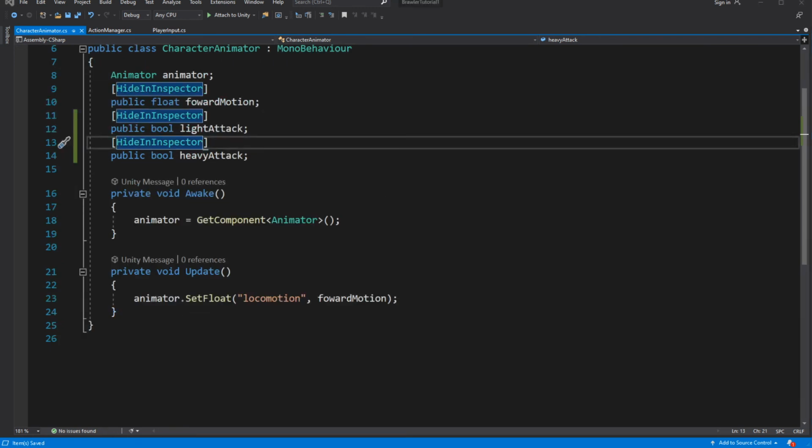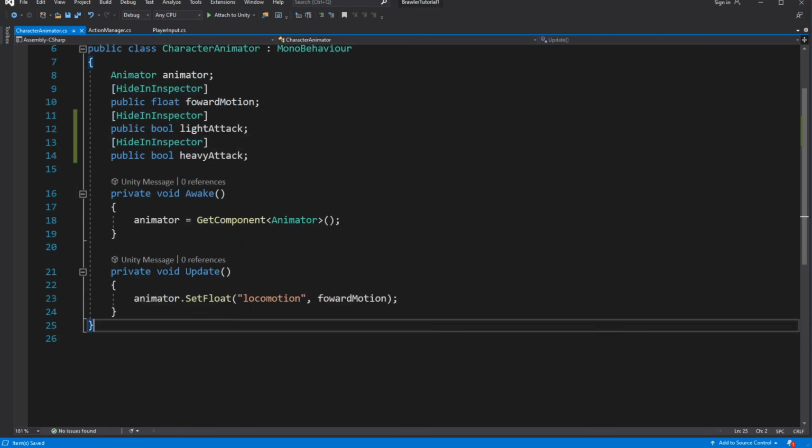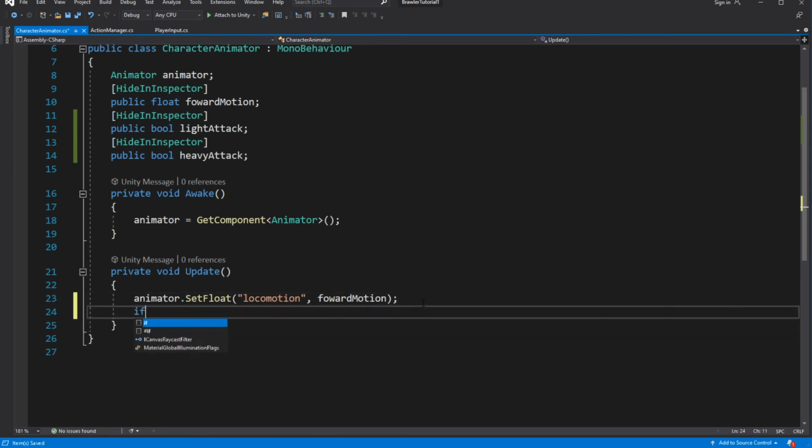In the character animator, we will check if the light attack is true, and in case it is, we set the state to true. Same for heavy attacks.